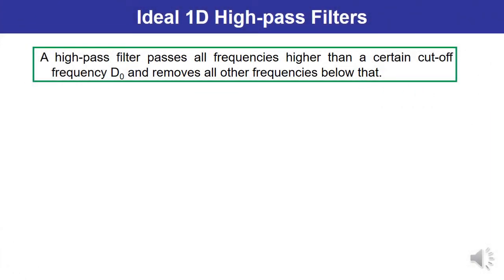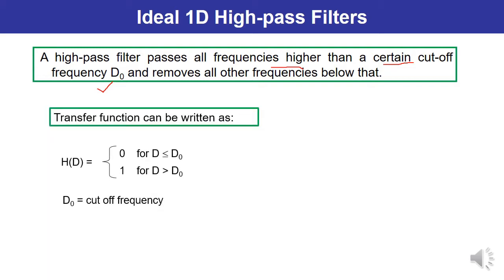What is the ideal high pass filter? For the ideal high pass filter you have to study the one-dimensional and the two-dimensional cases. A high pass filter passes all frequencies higher than a certain cutoff frequency, which is denoted as D0, and removes all other frequencies below that. So it is a complement of a low pass filter, and the transfer function of a high pass filter can be written as